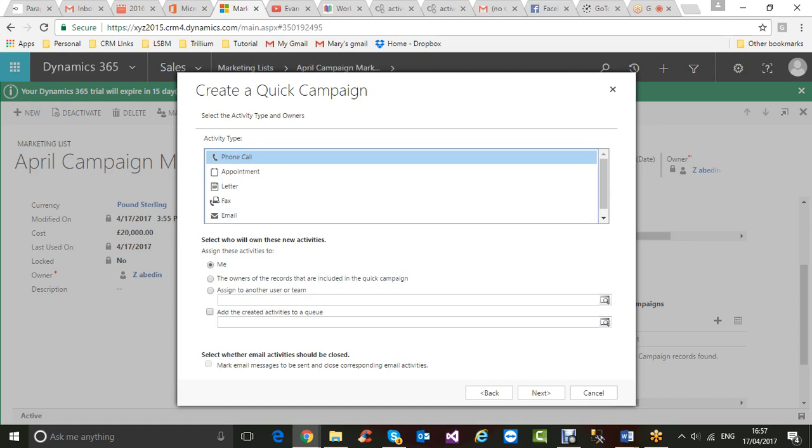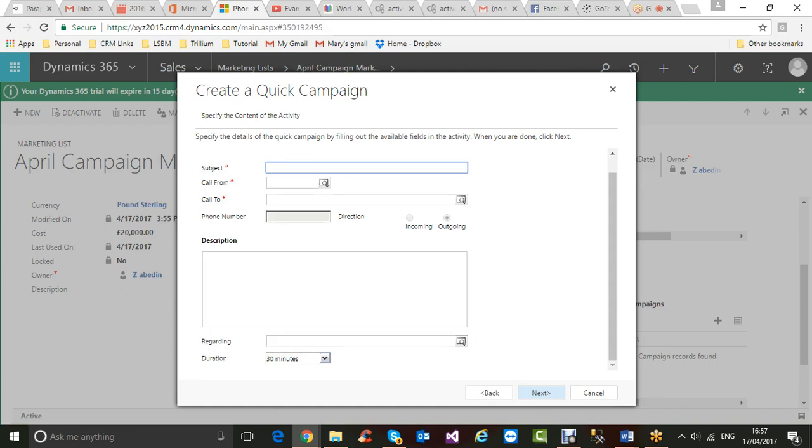So all of these you can choose any one of them. Select whether email activity should be closed. At the moment we don't want to. Click next. Subject. So you can add a subject of the quick campaign. For example, as I said, this is a May campaign 2017, call from